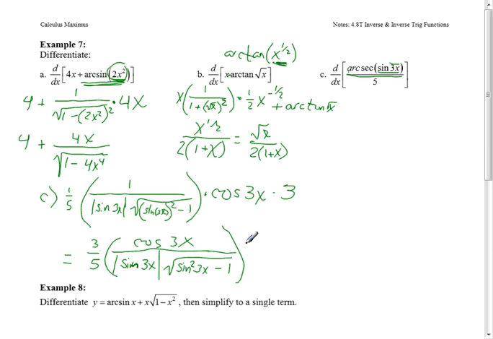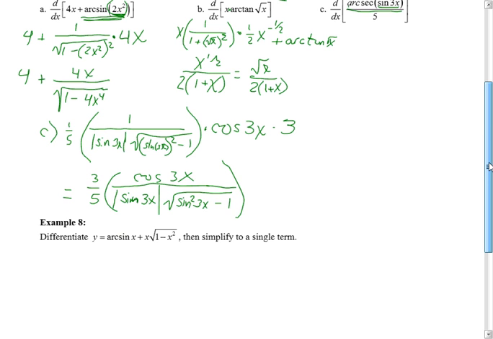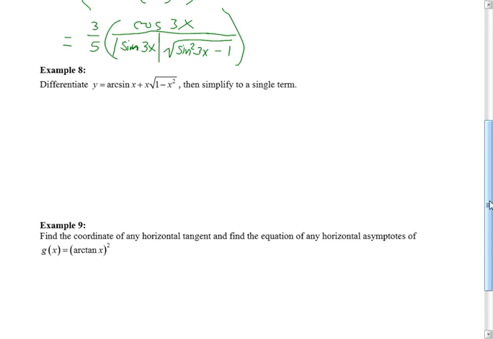So I think I'll try one more example. We have enough time for that. Alright, differentiate that function to a single term. Alright, so we have y prime, let's start with that. It's the easy part. Equals the derivative of arc sine of x is just 1 over square root of 1 minus